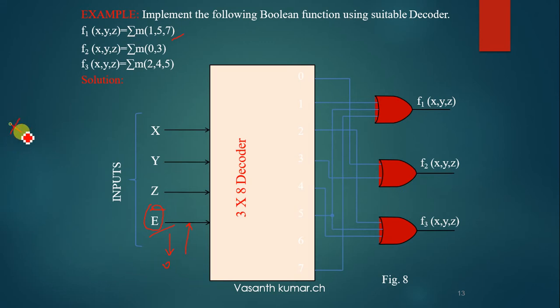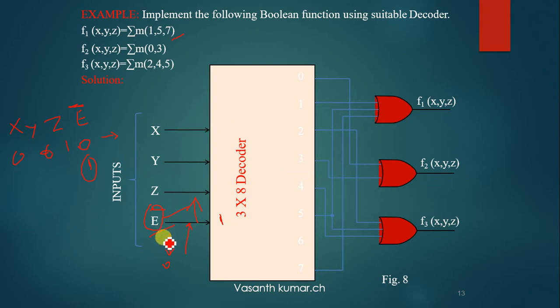So in the truth table you have x, y and z, you have the enable signal also. If it is given like this, it is an active low signal: when it is 0 only you will get an output. If it is given just as e, okay, it is 1, so that is an active high signal. Here it is given as e directly, right? So you have to make a combination with this and a high, that means 0, 0, 1, 1, that is z and e should be 1, or any combination and e should be 1 in order to get a particular output. So this is an active high signal. You have to always make 1 here in order to make your decoder work.